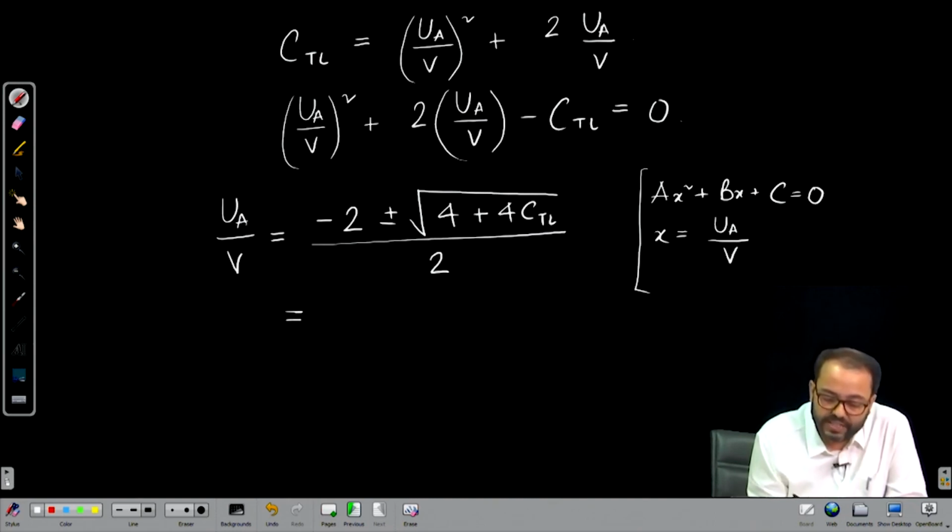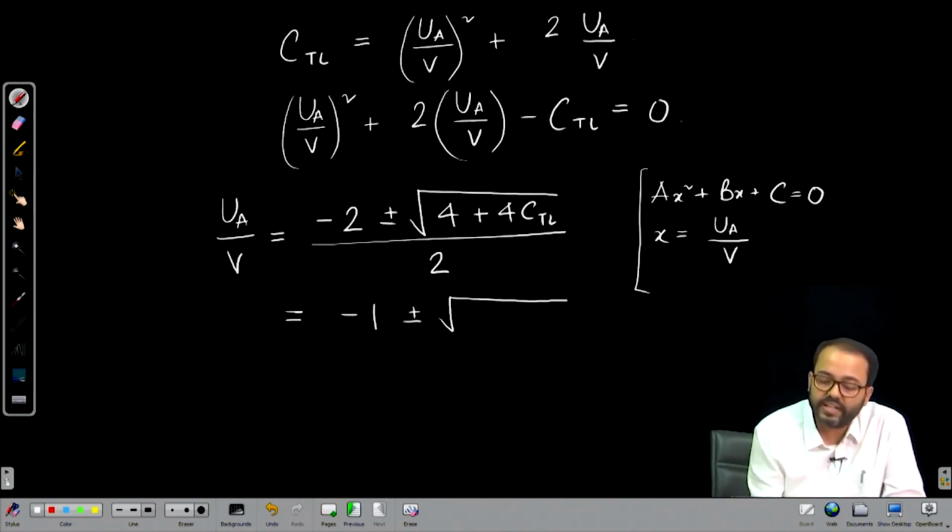So, this becomes minus 1 plus minus root over of, so 4 comes outside the root and divided by 2, it is 1,